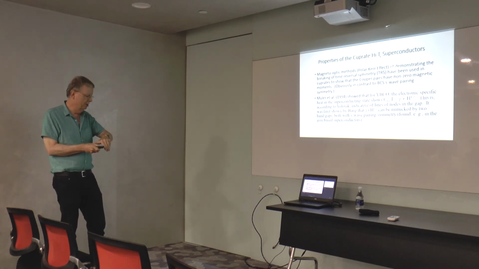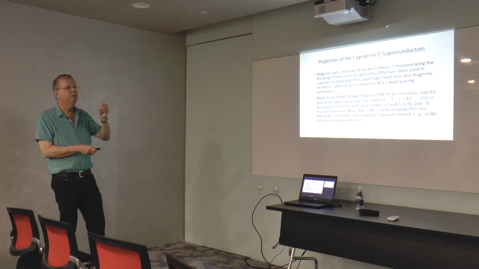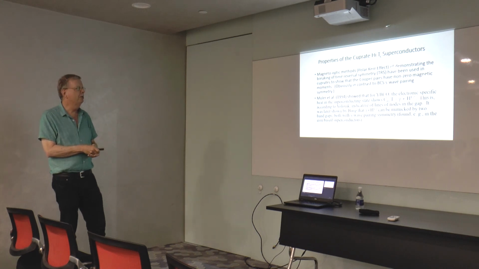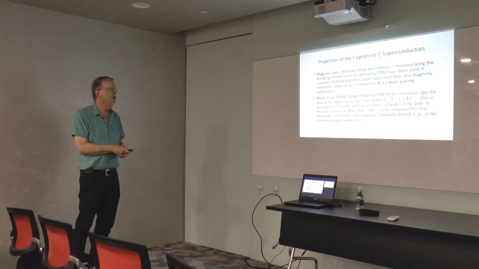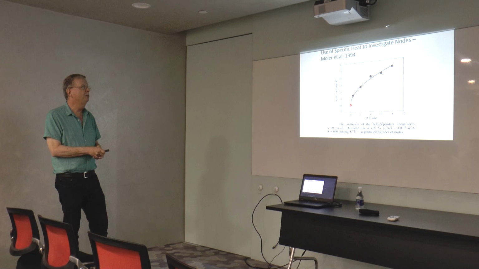And one last, running over time, and we'll continue next time, one last indication. I got asked this by Yvonne last time: what are some other ways to look for nodal behavior? Nodal being opening of a gap, something besides S-wave symmetry, is to look at the specific heat. We'll talk about this more next time, but it can look like this. If you plot the specific heat as a function of magnetic field in the superconducting state, where this shouldn't really be looking like this, you can get something that goes as the square root of H, and that's been predicted